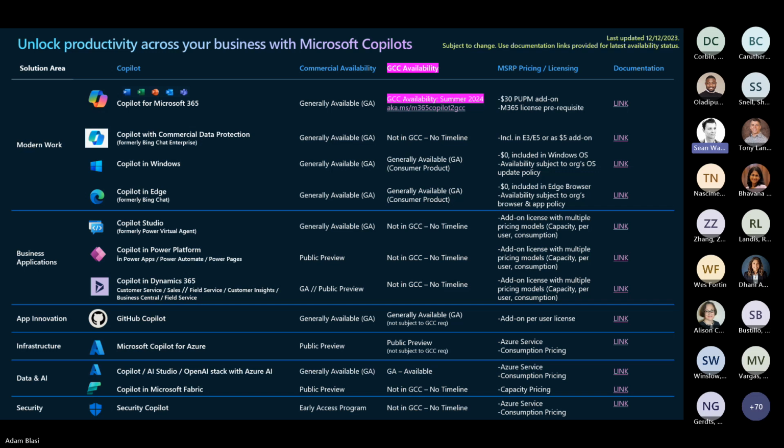But in a world in which for many other Copilot products we don't have visibility into when they're coming to GCC, we do know that M365 Copilot is going to be one of the first AI capabilities to arrive. So this is a good overall map of when things are arriving. But again, speaking just to the M365 Copilot product, we're expecting this to arrive to customers then,